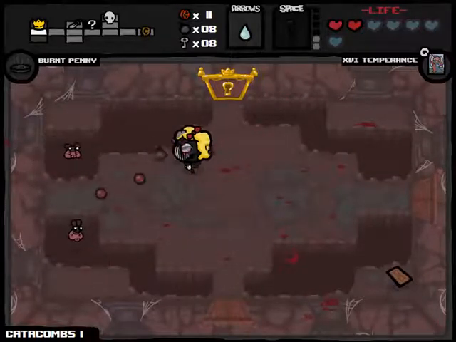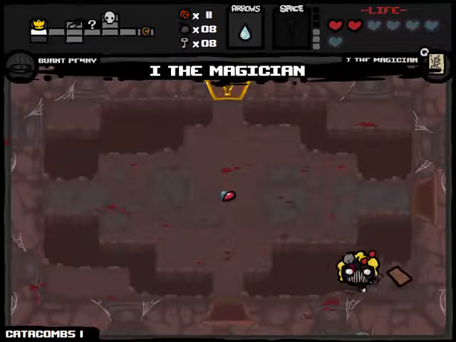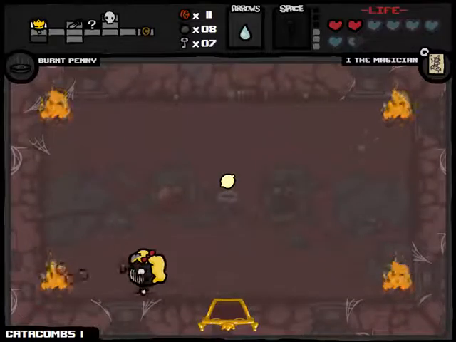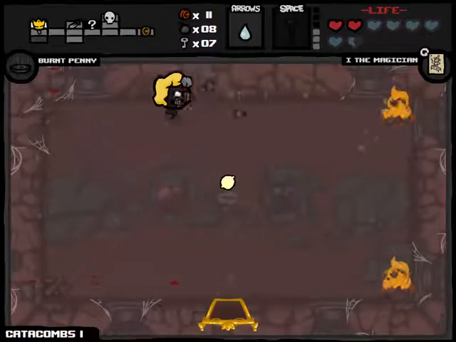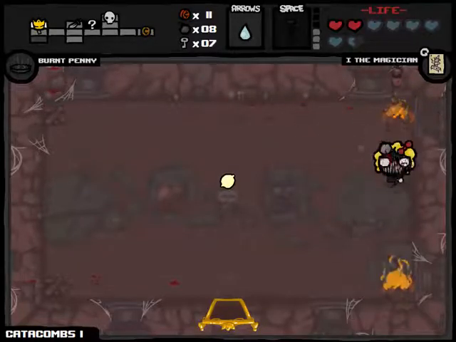The ability to fly will also allow us to get items like this, which is the Magician, which is not useful for us at all. And our item room contains Lemon Mishap, so this is our first item room that contains garbage, but considering our current loadout,